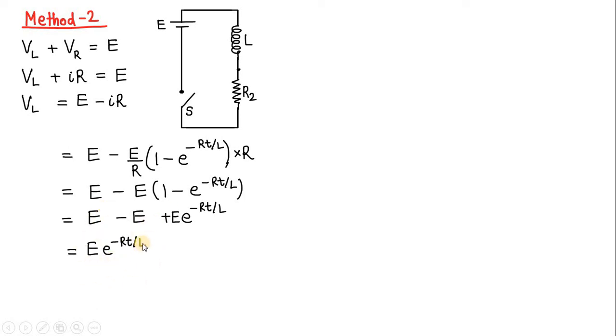See, this is the same expression that we obtained on the previous page also, and we now substitute the values and we'll get the answer as 12 e power minus 5t. So in this manner we see that method number 2 is quite easier, because it does not involve any kind of differentiation. We can get the answer in a very quick number of steps. So it is recommended that the second method is well suited for the JEE Mains exam,